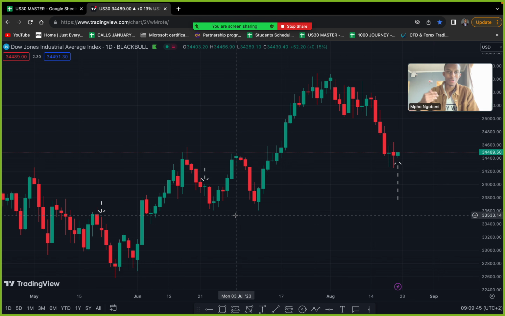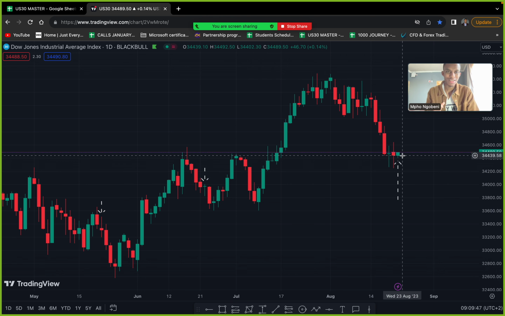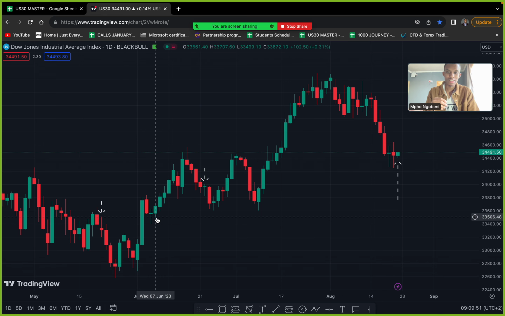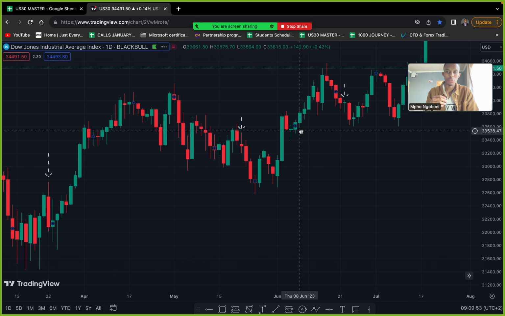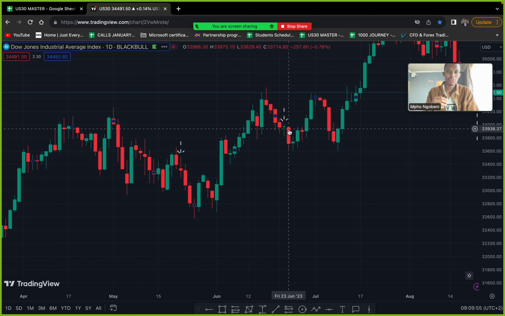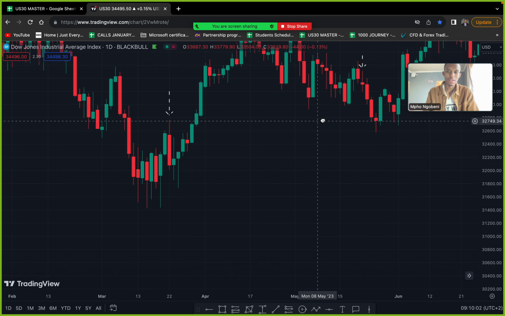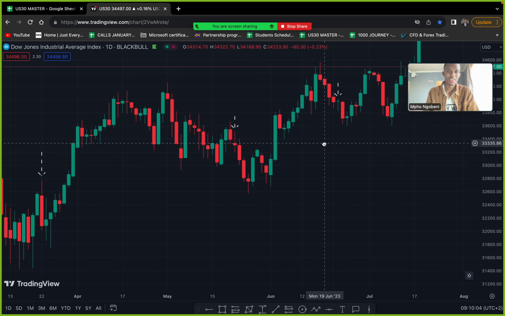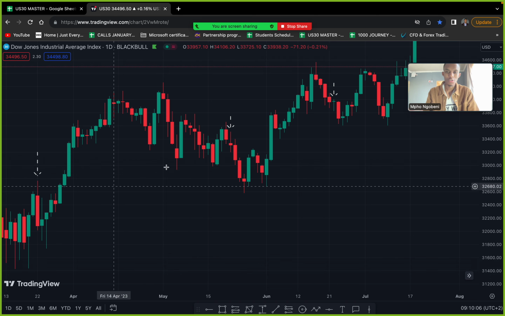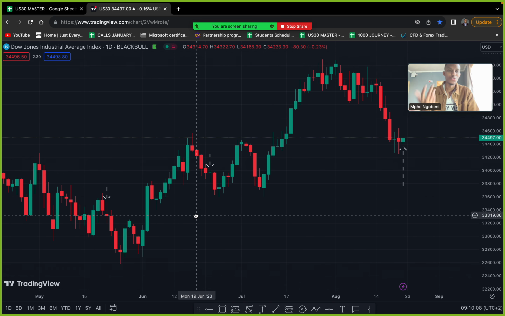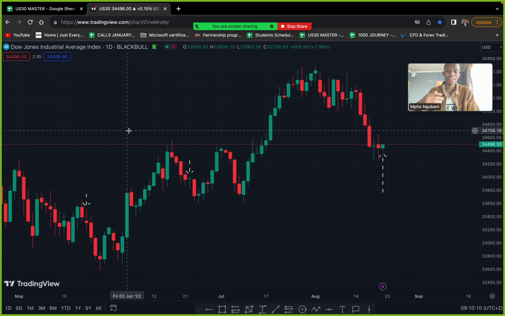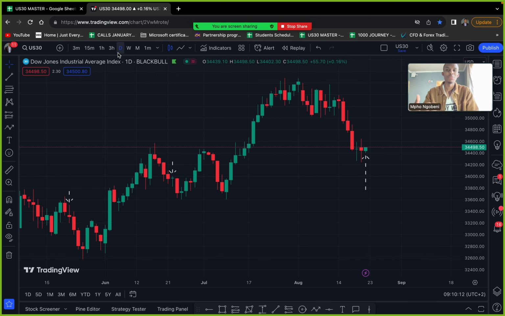If you don't see any repetition between the candlesticks, because it's something that's clear and specific, they should be the same. You can see that this one and this one were kind of the same, but still not perfectly the same. So there's not been any repetitions on this day. Every time on the 22nd, it does something completely new. So we have to now go to lower time frames to see something.